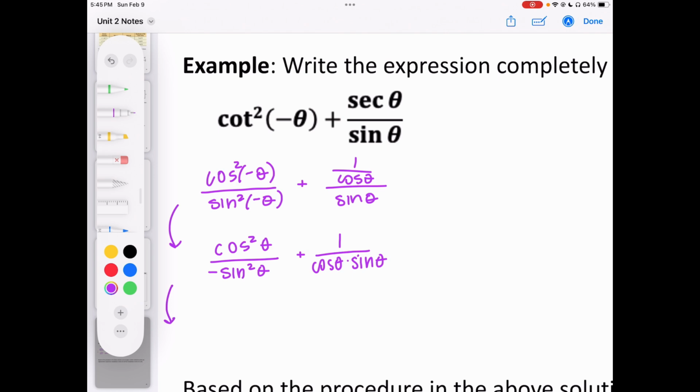Now I'm thinking about what else can I do? Do I need to get some common denominators? What makes the most sense? I see that I have